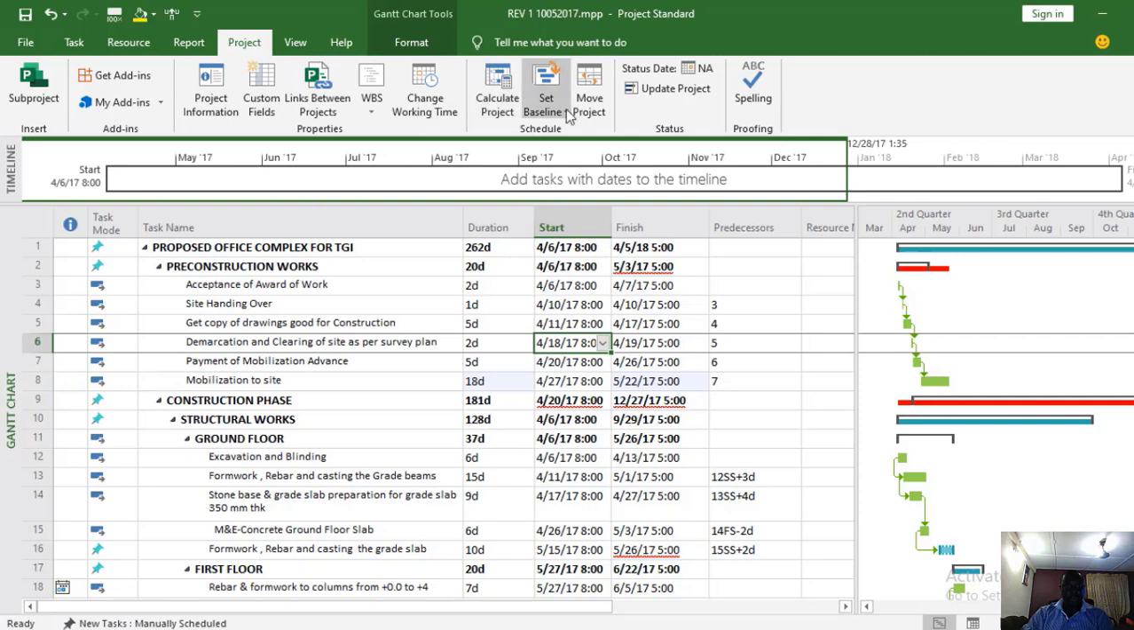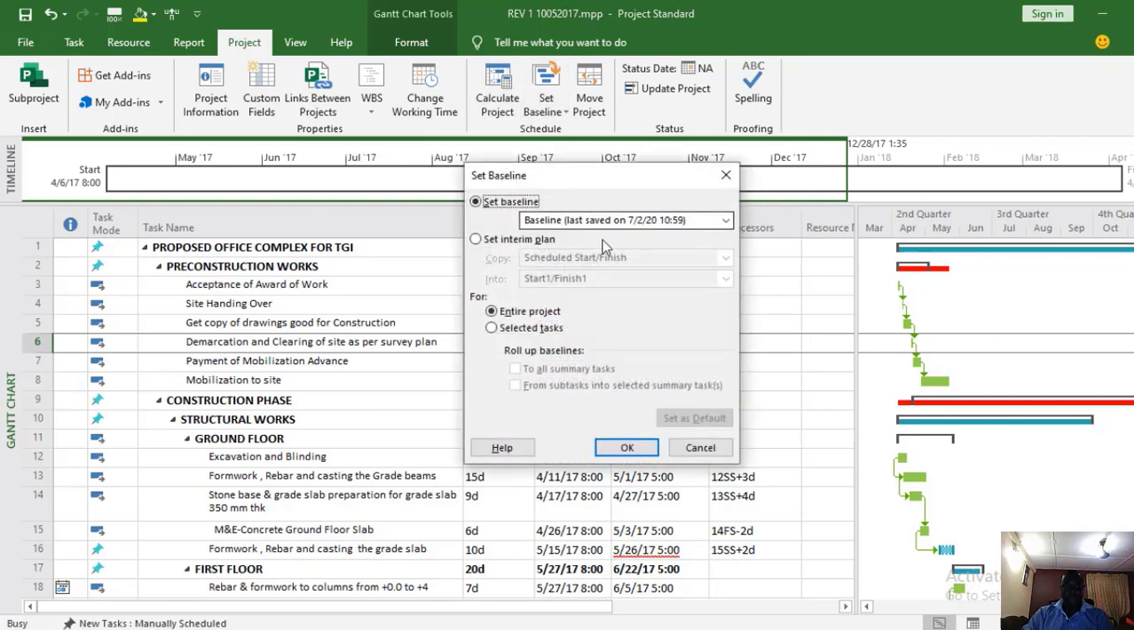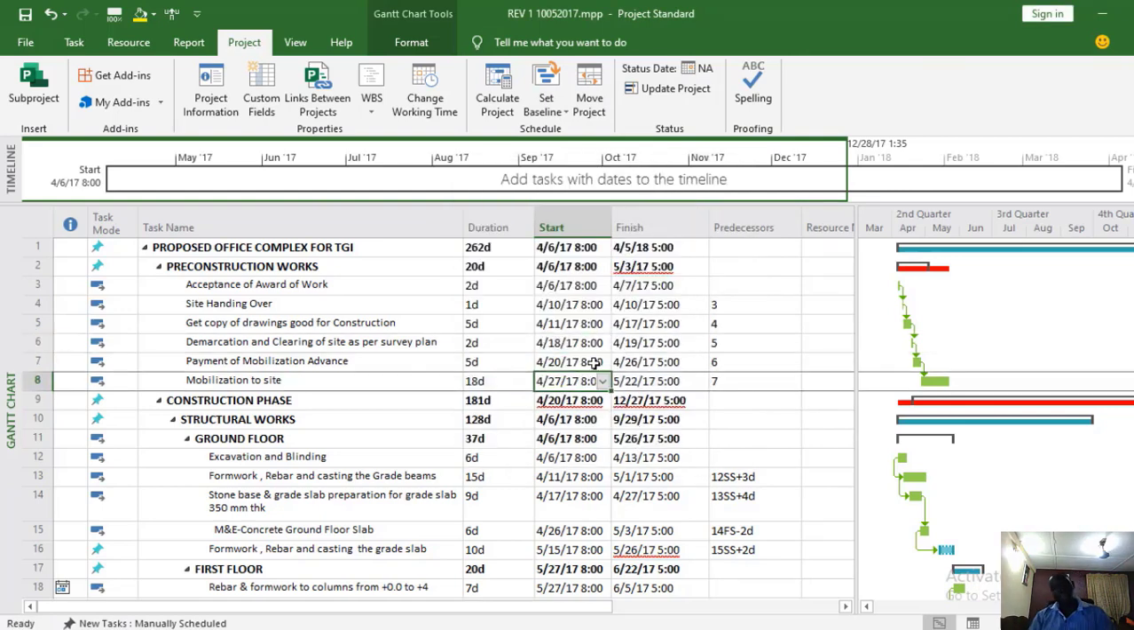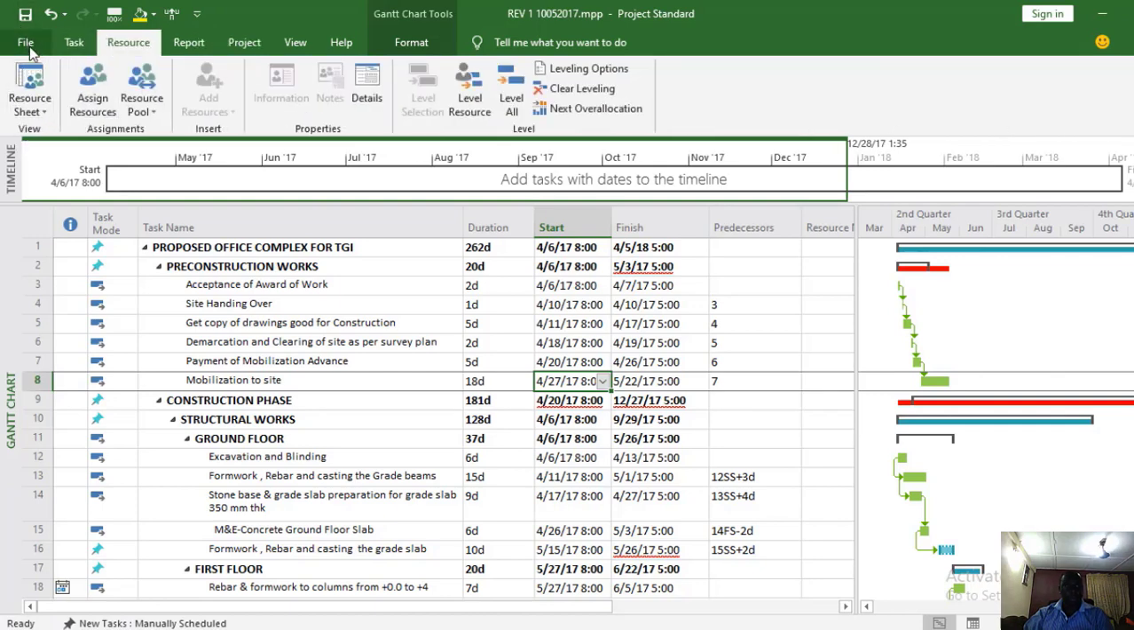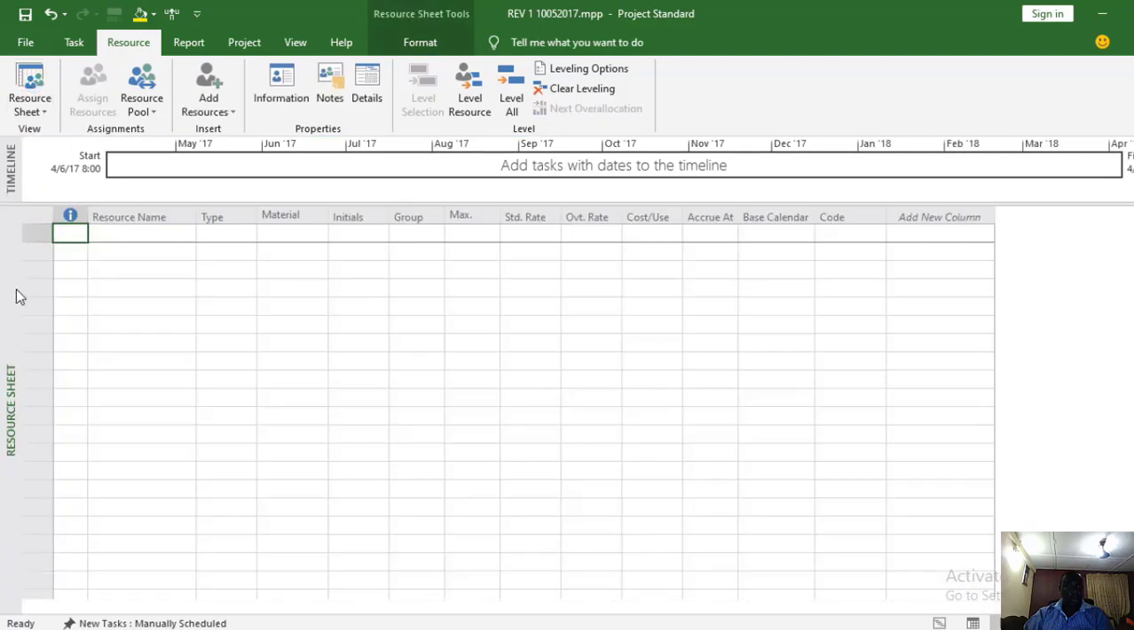I can go and set baseline again. It's going to ask me, so I want to make another one. I can say baseline 2. So it's very important, so that at the end of the day, you can always compare your baselines. Alright, okay, so excuse me,